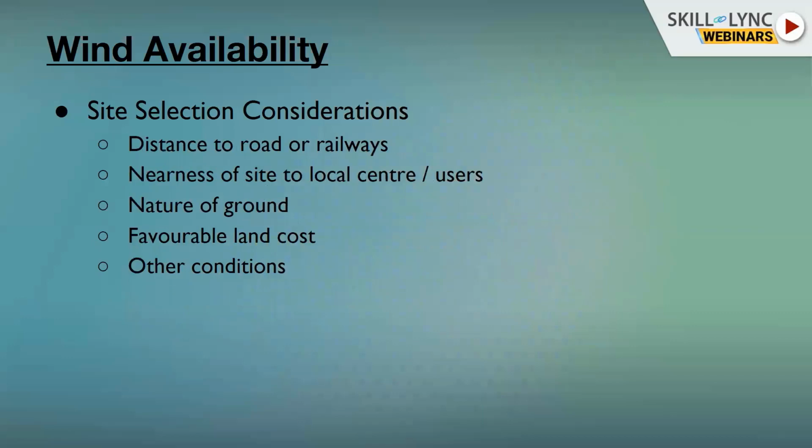And some of the site factors I have already explained to you, such as the distance, the nearness of the site, and the nature of the ground. The ground is very, very important, because the land must withstand the total weight of the wind turbine, since the weight is very, very high. So that's why the ground needs to hold it. And the next one is land cost, which is also considered a main thing, because if you are going to